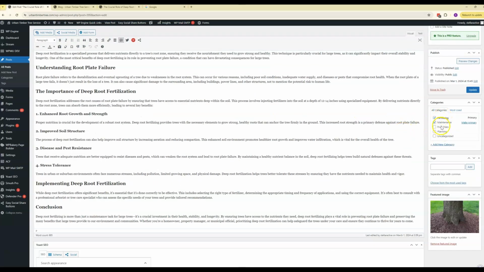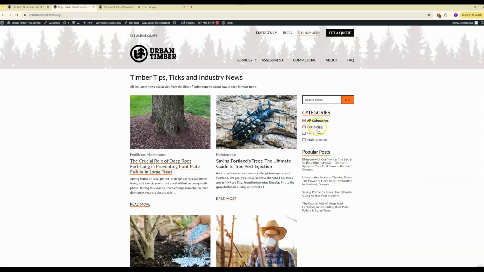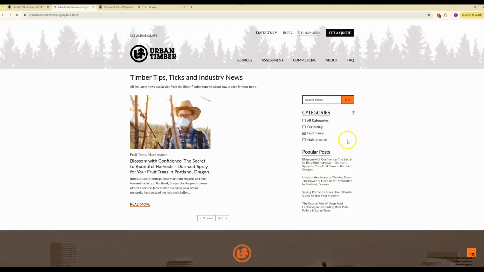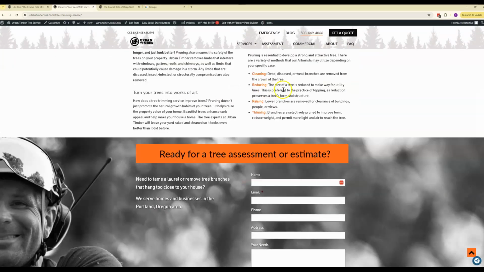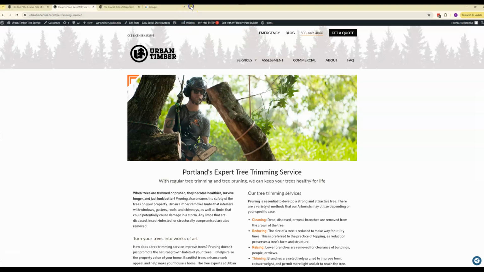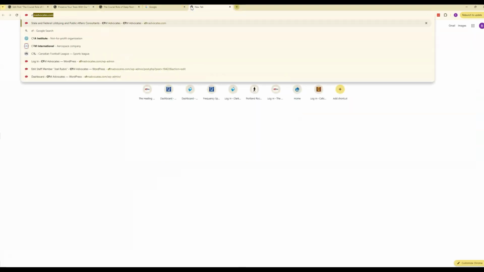Over here on the right-hand side is where you organize it. You can add it to multiple categories. You can create new categories here. That is what controls, when somebody clicks one of these categories, what shows up here. Eventually, we want to be able to add blog feeds to some of these pages is the idea behind these categories, so that at a certain point, on the tree trimming page, for instance, once we get enough blog posts that relate to tree trimming, we can do something like what we did